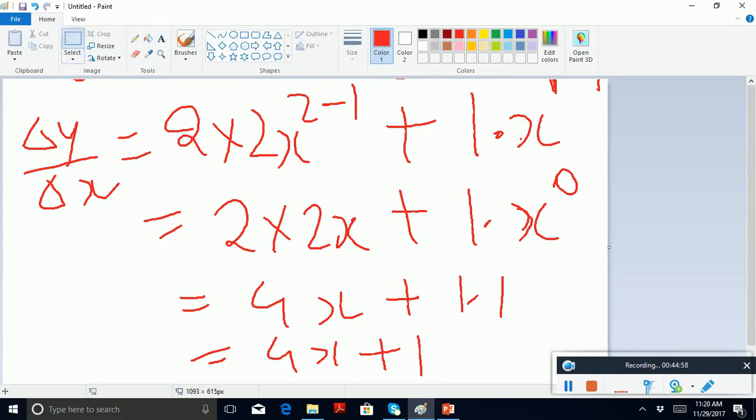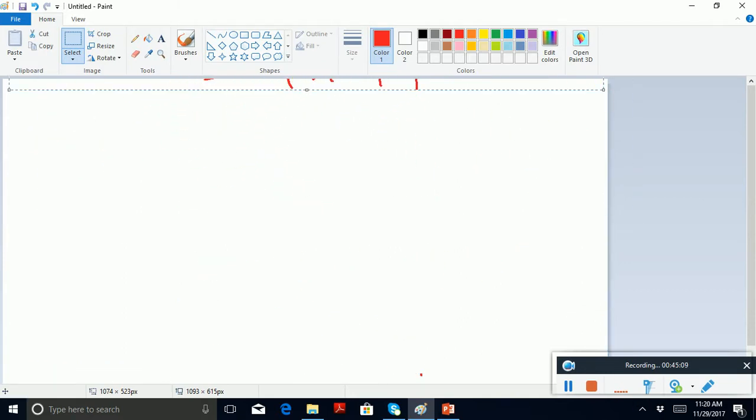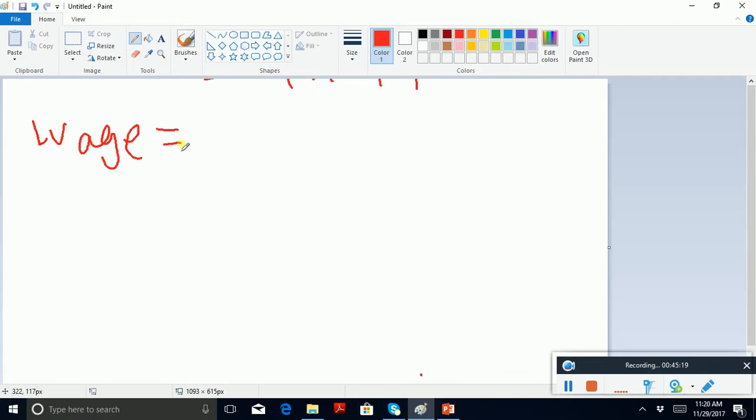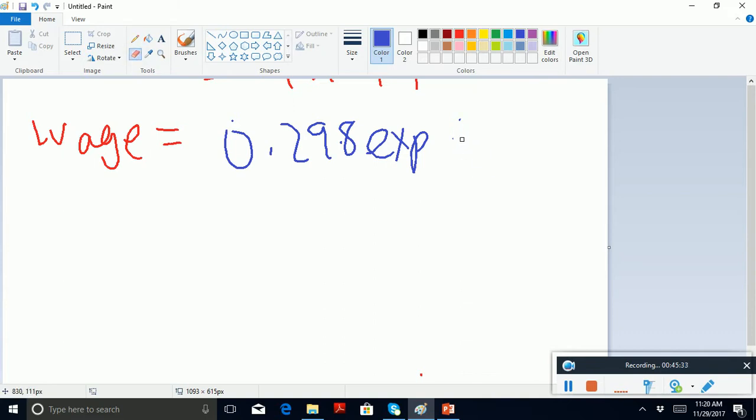Okay, so if we go to the wage equation, wage equals, let's say, 0.298 experience plus, it's a negative, in fact, so negative 0.0061 experience squared, right? So when you do d, change in wage with respect to change in experience,